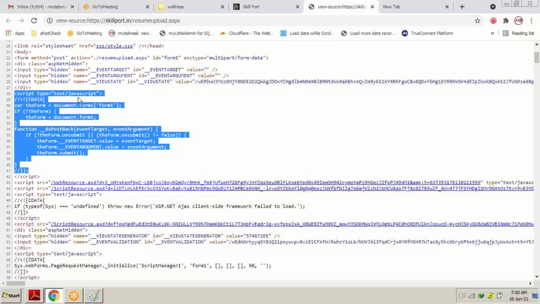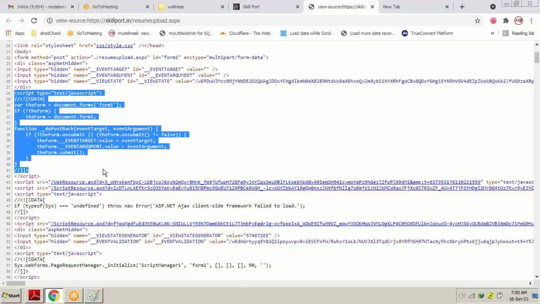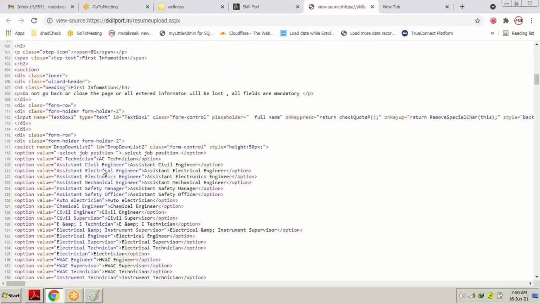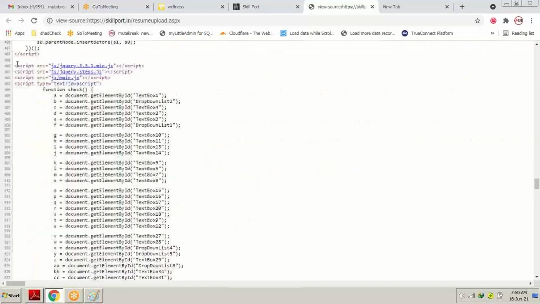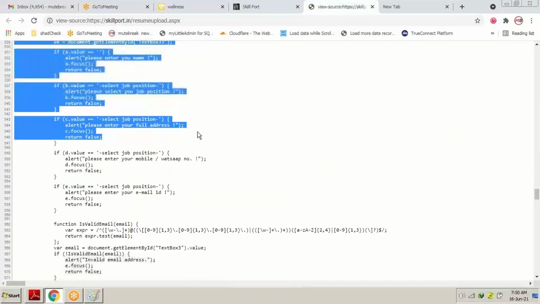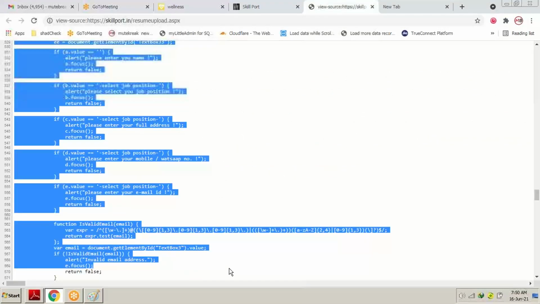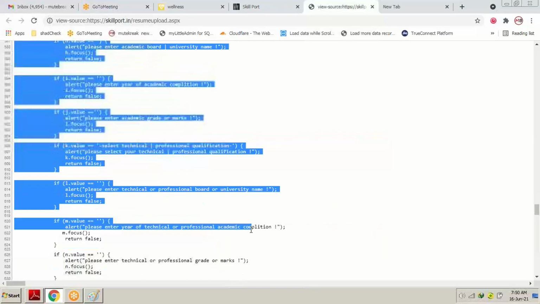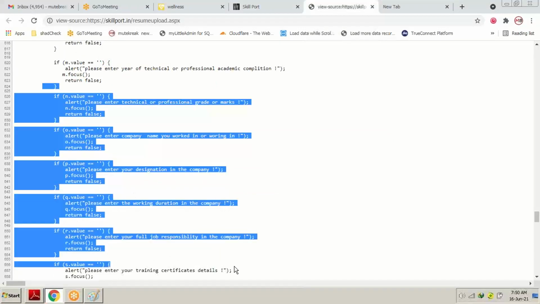You can see it says script type JavaScript, and you're going to see JavaScript here also, and at the bottom, if I go to the bottom, you're going to see some JavaScript file over here. How it is written, why it is written, we'll discuss in our future sessions. But you're going to find some coding part over here. Okay. Now, what does this coding part do?